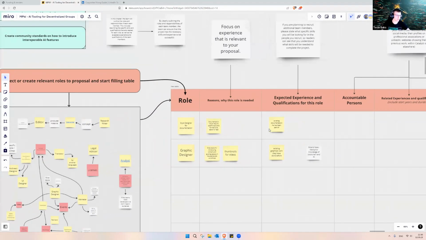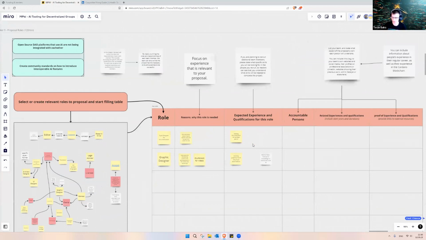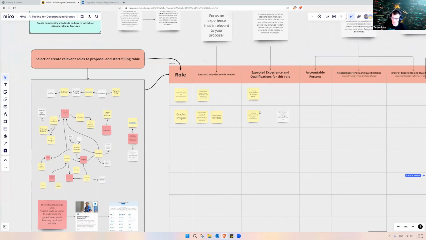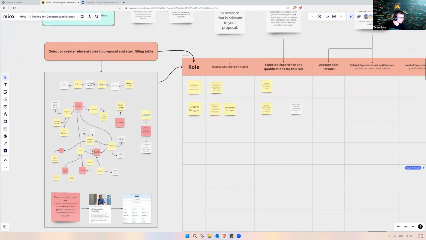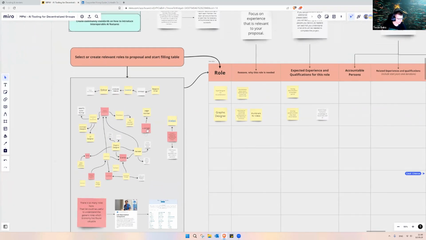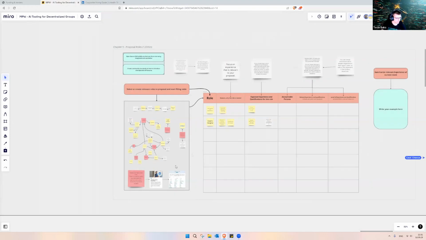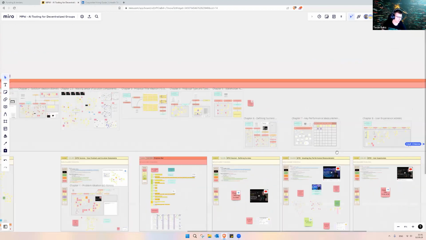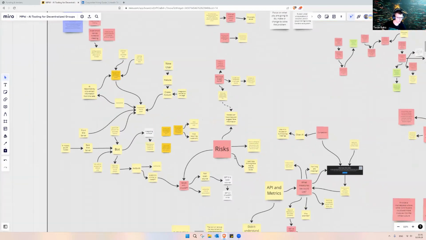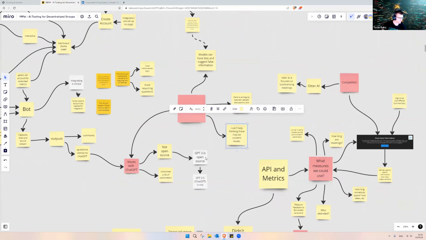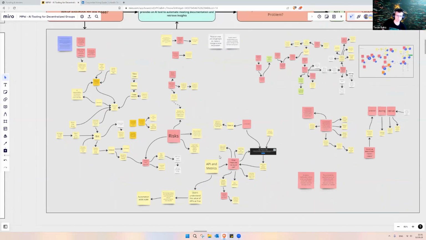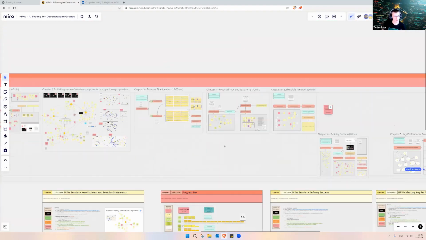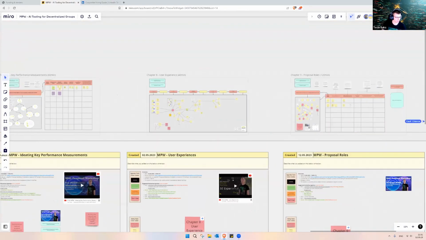All right. So this was a quick showcase of how to do roles. If you will do your own proposal that way, how it would end up is you're going basically through all of these roles you have gone through, and the way we ideated, we took some from KPIs, but you can leverage the entire Miro board to find what kind of roles we would need. You find, okay, we are working on risks. GPT-3 is here. Do we need people specialized in these large language models, knowing these specific niche things? And then you can come up with roles that you would need.